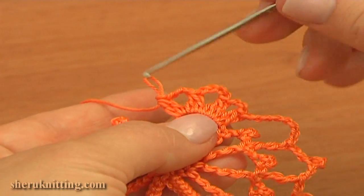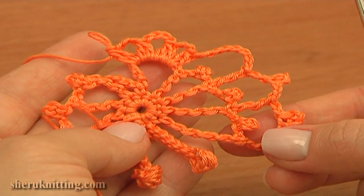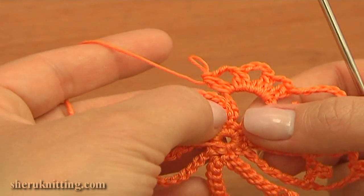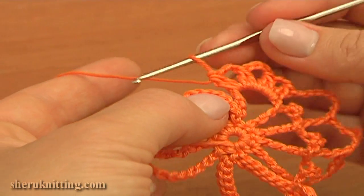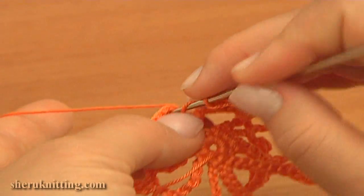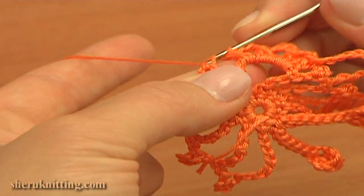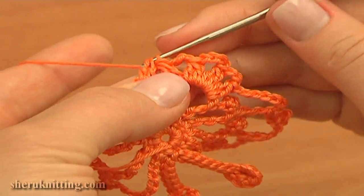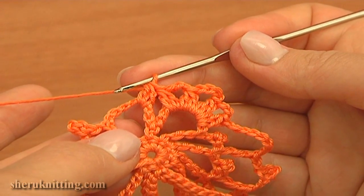Now continue and crochet the second one. To crochet the second wing, again work into the next chain space. Repeat all the stitches we made in the reverse order. So double crochet 2 together, 1, 2, make them together, then chain 3,